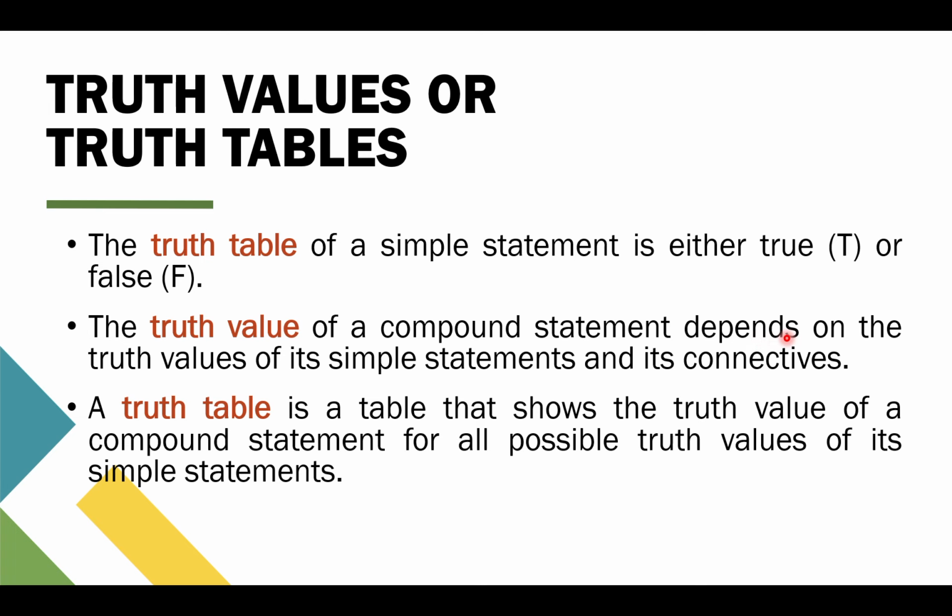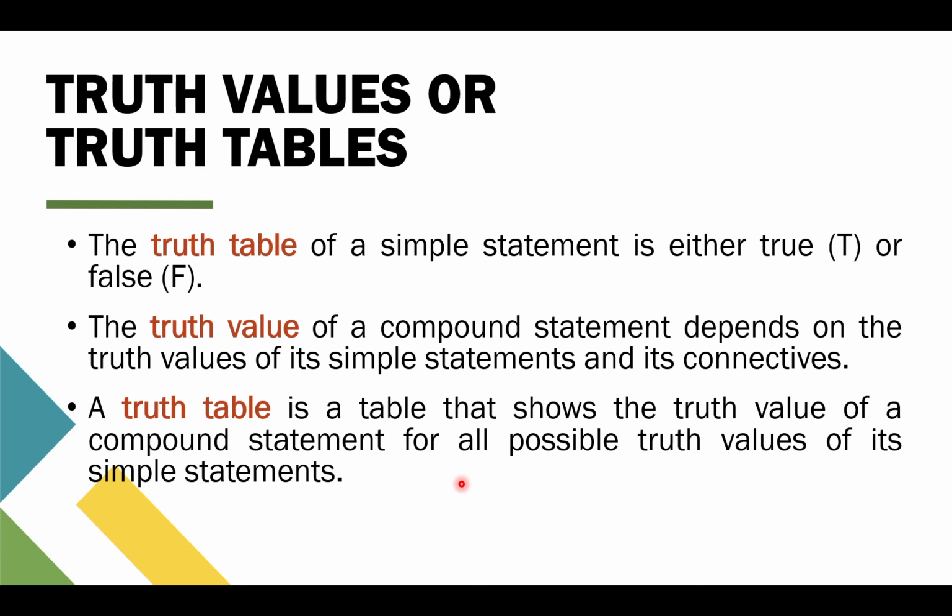Pwede siyang maging true or false. And itong connectives natin, class, ito yung logical connectors natin na diniscuss natin yesterday. And this one, truth table, the purpose of the truth table is to lay out all the possible truth values, either true or false, that really depends on the context nung statement na